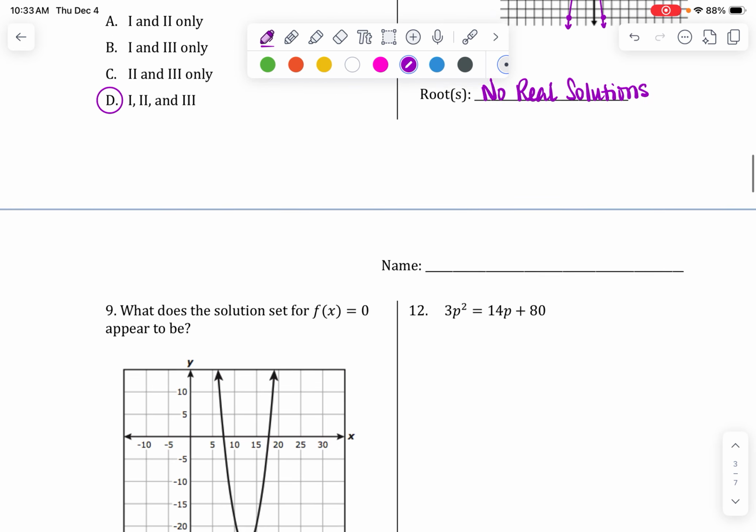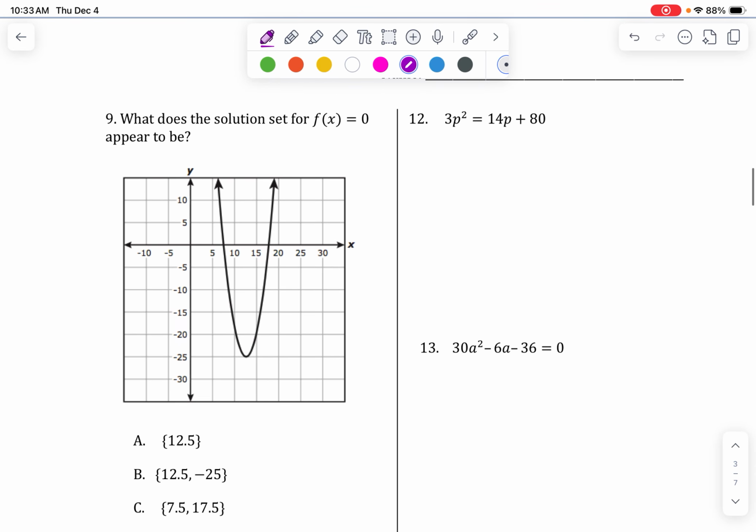All right, here we go. What is a solution set? Okay, so just to remind you of some vocabulary, remember, solution sets are when they put the solutions in curly brackets instead of writing them as ordered pairs. It says, what does the solution set for f of x equals 0 appear to be? Please make sure you don't get confused by the f of x equals 0, right? We know to solve a function, it has to be set equal to 0, right? So that's really all they're saying: this function, whatever it is, has been set equal to 0